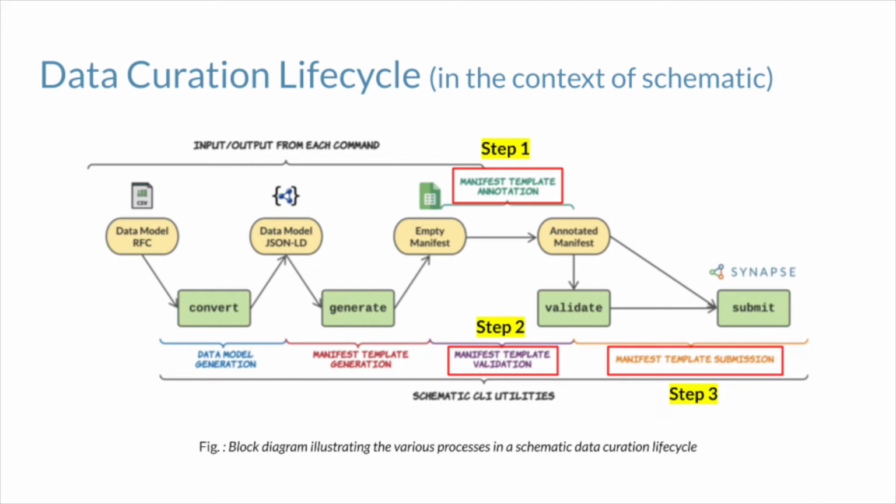So, to ensure that the data are annotated in a standardized way, in step 1, Schematic provides researchers with a spreadsheet interface with pre-filled columns for a specific data type for annotation. For example, a spreadsheet for patient biospecimen metadata. In the context of Schematic, a data type is any relatively high-level biomedical component, such as an assay data and patient demographics data component.